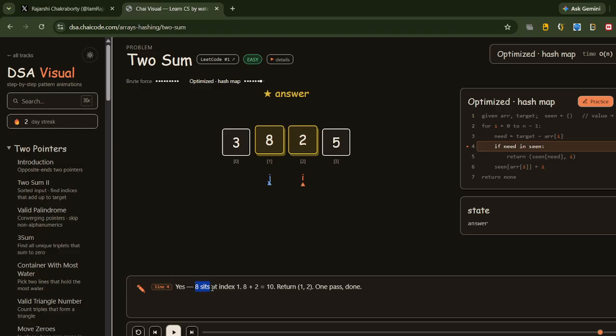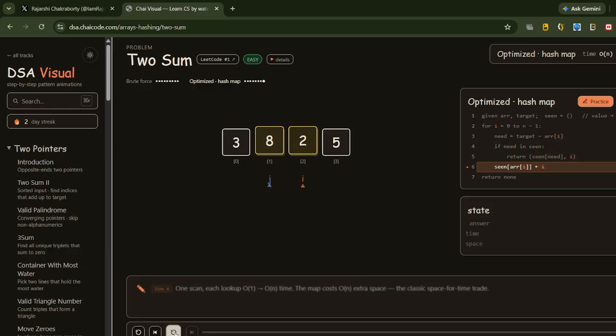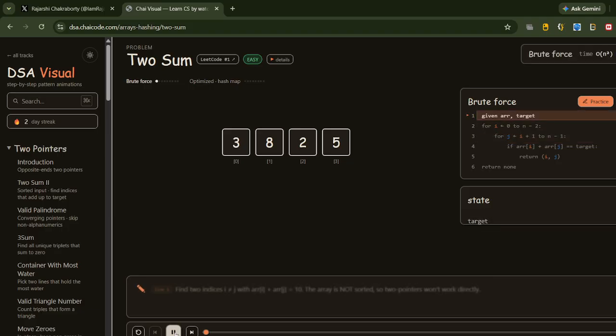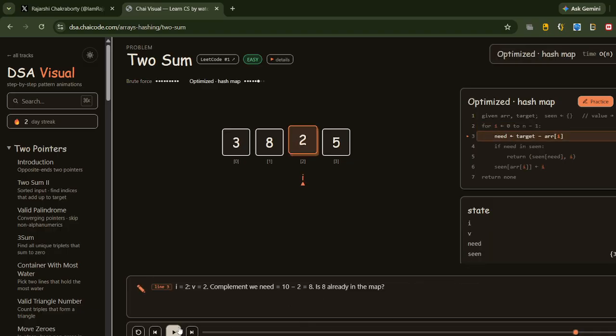So 8 sits in index 1, and 8 plus 2 equals 10. So we need to return the indices 1 and 2, that is the two elements that sum to the target. So this is how we are going to solve the problem using a hash map, right? So let me